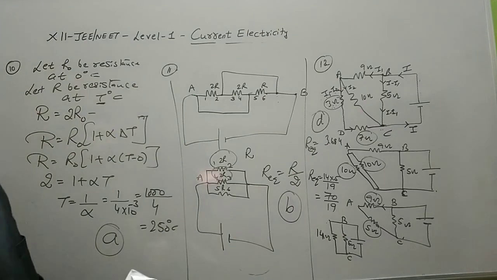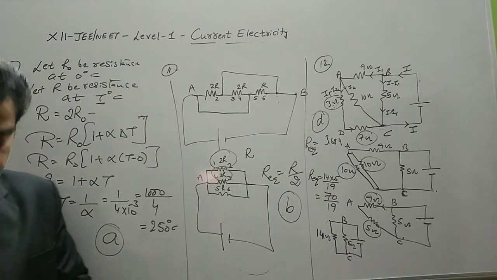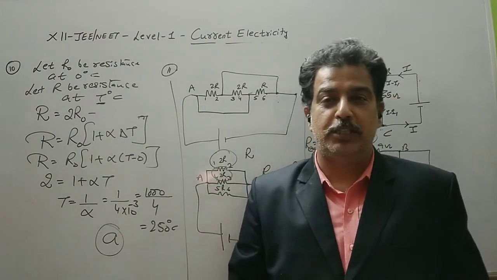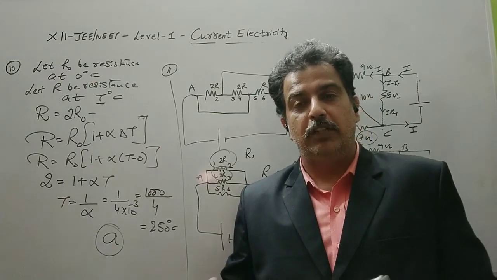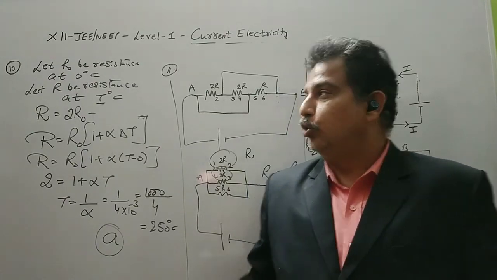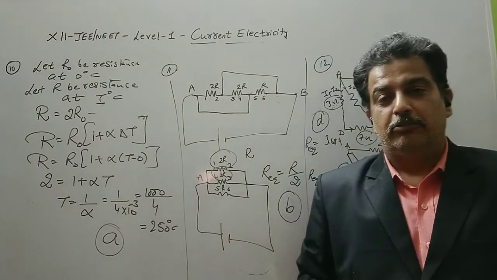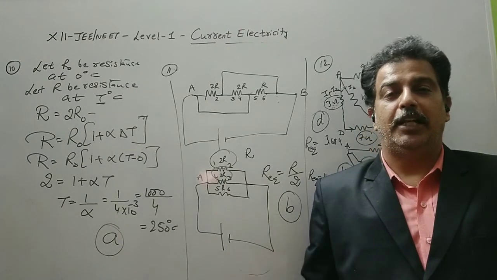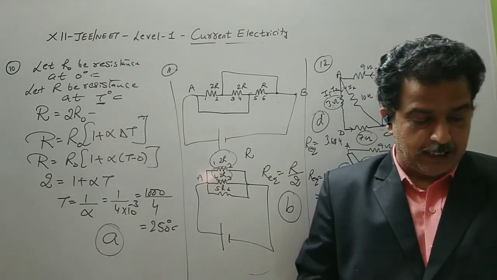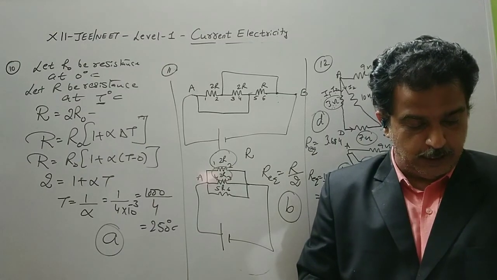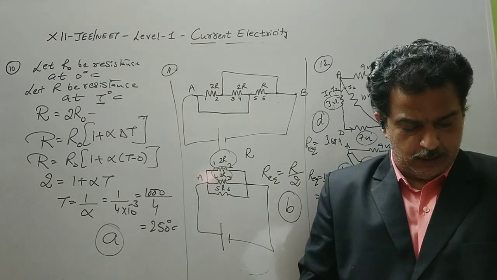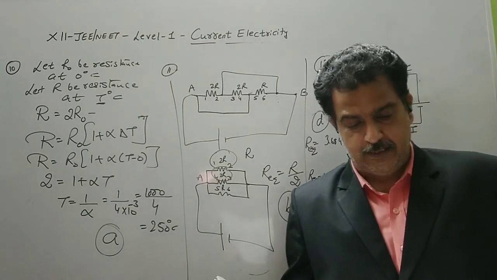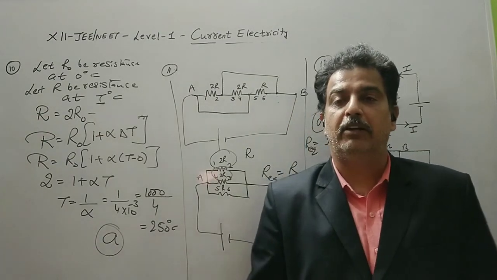So this is what we have for today's lecture. In the next lecture again we will continue some basic MCQs of current electricity, that is we will continue with level 1 only. Today most of the numericals were related to the Wheatstone bridge or equivalent resistance. So in the coming lecture we will see again the distribution of the current or potential difference like numericals. It will again be level 1.